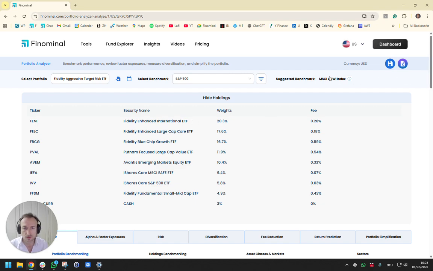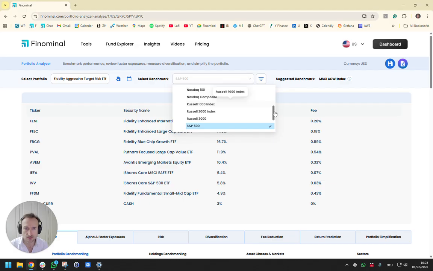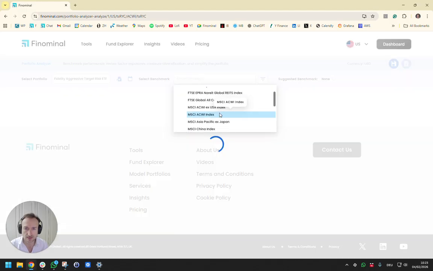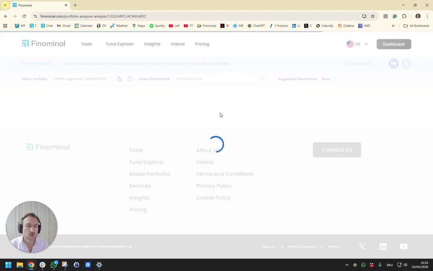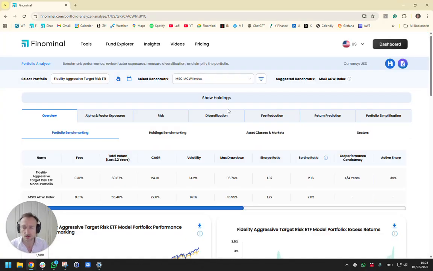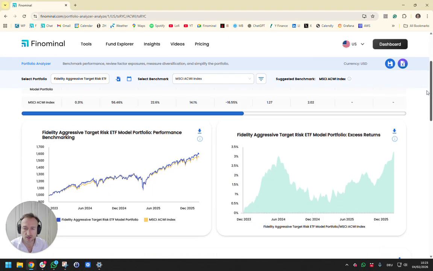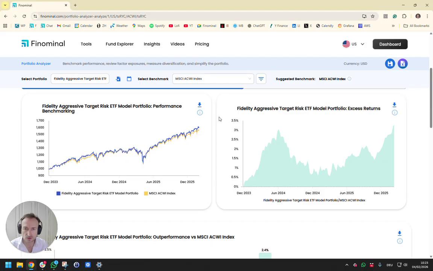Now, the suggested benchmark for this portfolio is the MSCI ACWI Index. So let me select that. It is worth mentioning that the fact sheet for this model portfolio does not feature any track record. What we can only do is compare the performance of the current holdings to this benchmark index. And what we see effectively is that Fidelity's aggressive target risk ETF portfolio has tracked the MSCI ACWI Index very